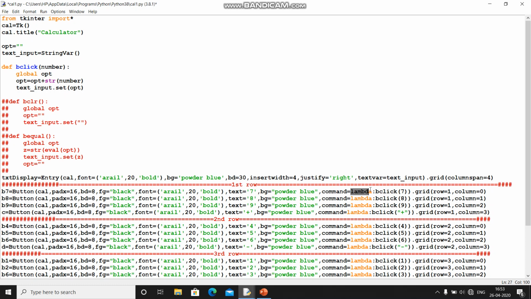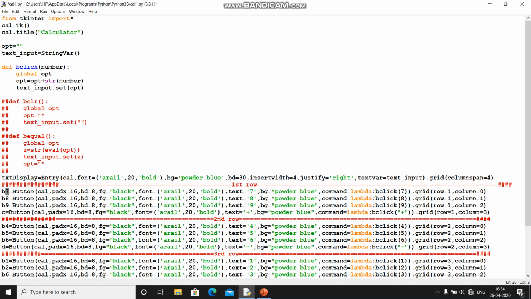Lambda is a function which can take any number of arguments, which is used for the output display. So we are giving command equal to lambda bclick(7). 7 is the number which we want to display on the text display because the button number is 7.